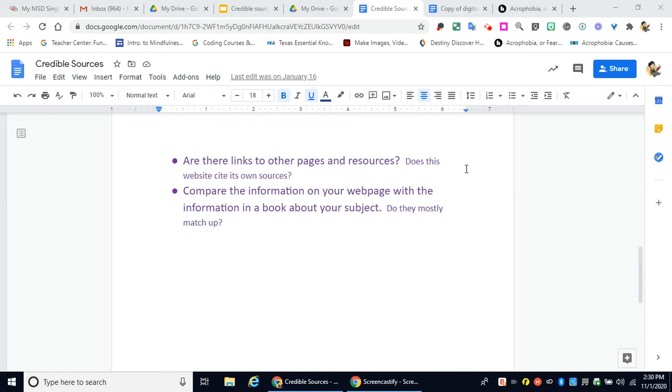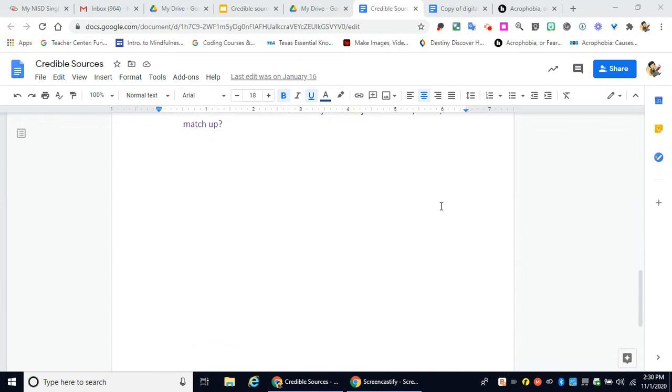And also, this last one is huge. Such a big thing you can do to make sure that you're on the right track is to compare the information on the web page you're on with information not only on other websites but maybe in a book. Okay, and of course you can find ebooks on your topic. If they're all about the same, of course they're not going to be exactly the same, but if they're all about the same, then that can give you a lot of confidence in the information that you're receiving, that it is correct. Okay. All right, so let's take a look.